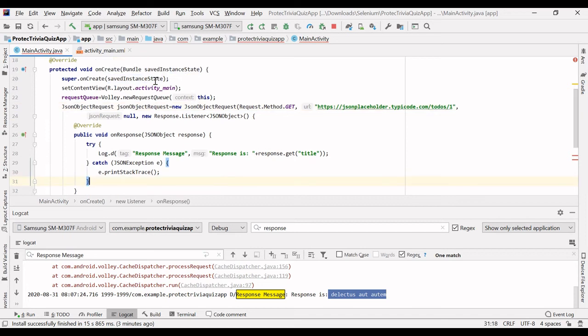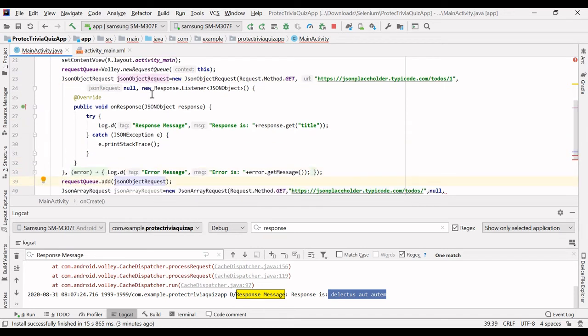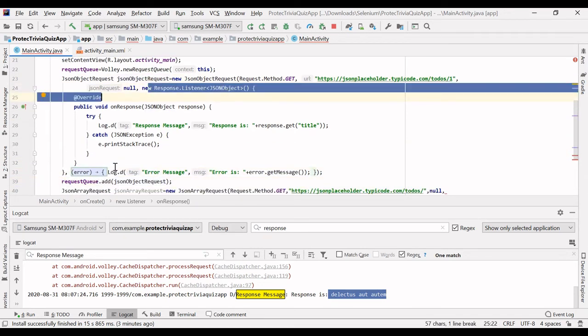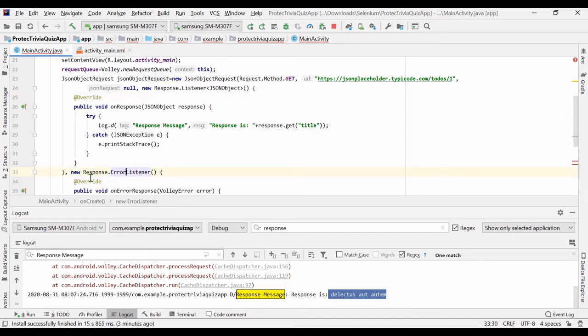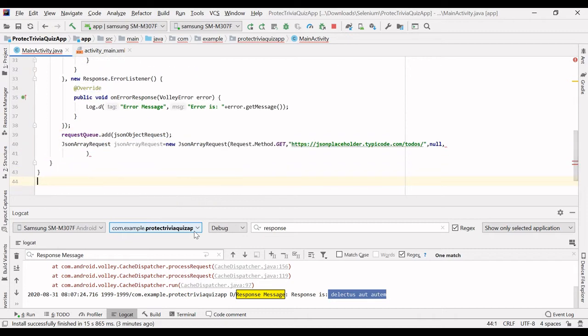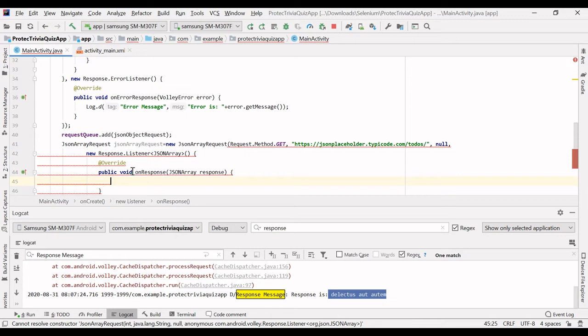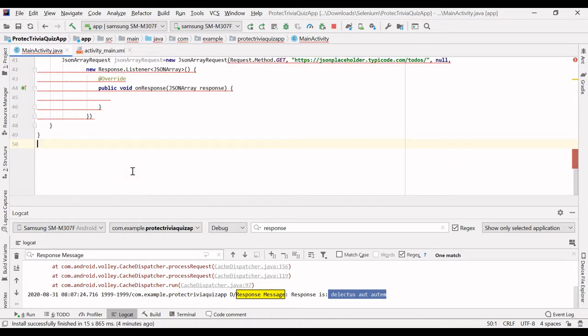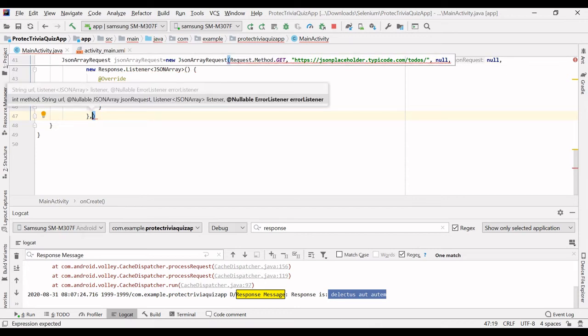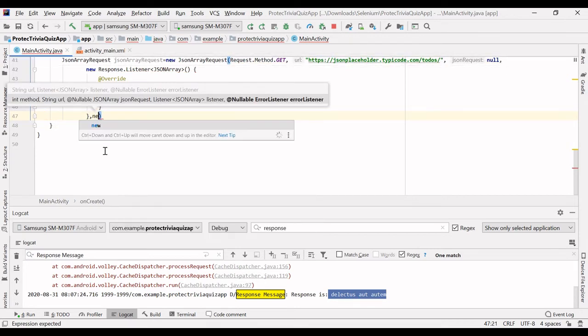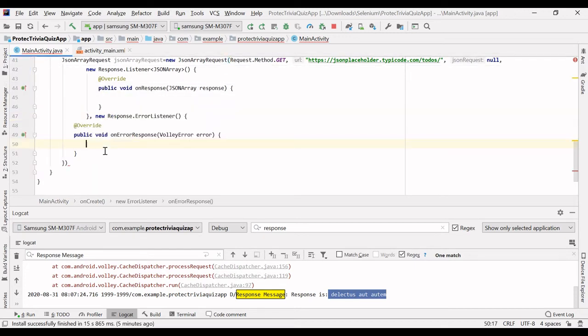Let me check. There are two listeners. One is the response listener, and the fifth one is the error listener, right? So if any error occurs, just type new response listener, and the fifth argument is error listener. New response error listener. Okay, and just close this.